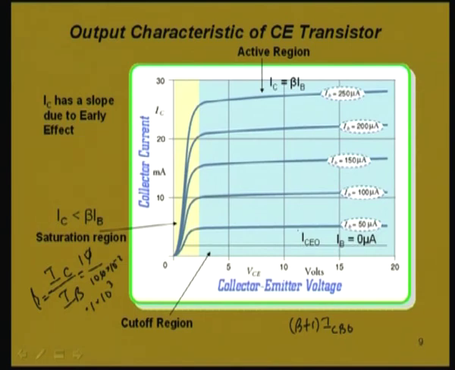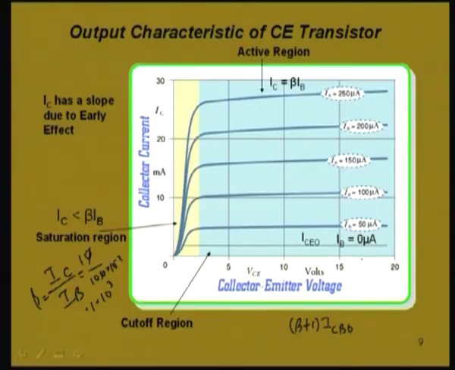So, in order to switch the transistor off, it is not simply enough to make the IB 0, because as we have seen just now, there will be a leakage current which will be flowing, which is beta plus 1 into ICBO. That is why we have to reverse bias the input circuit. That means we have to reverse bias the base emitter junction,